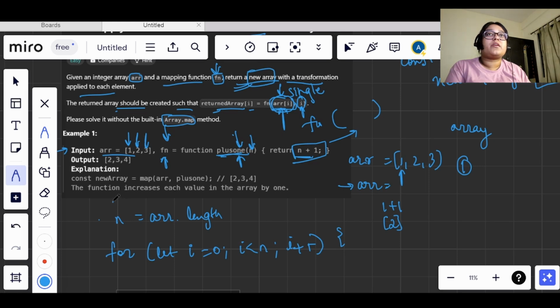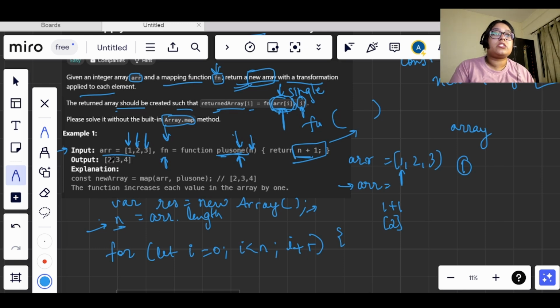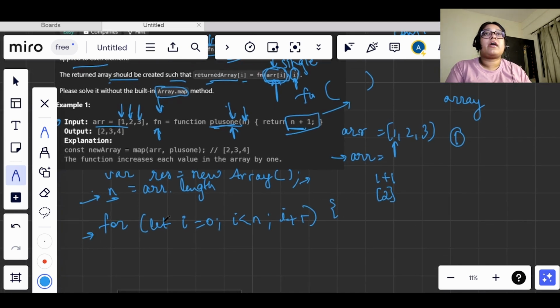So what we will do here, if I am taking this new array as result is equals to, now we have to declare a new array, right? I have declared this as an empty array. We can also declare it with the length n, so that it only occupies the length of this array that is provided to us initially. Now we have started the loop here, right? We have the new array, we have the length of the array, and we are iterating on the provided array.